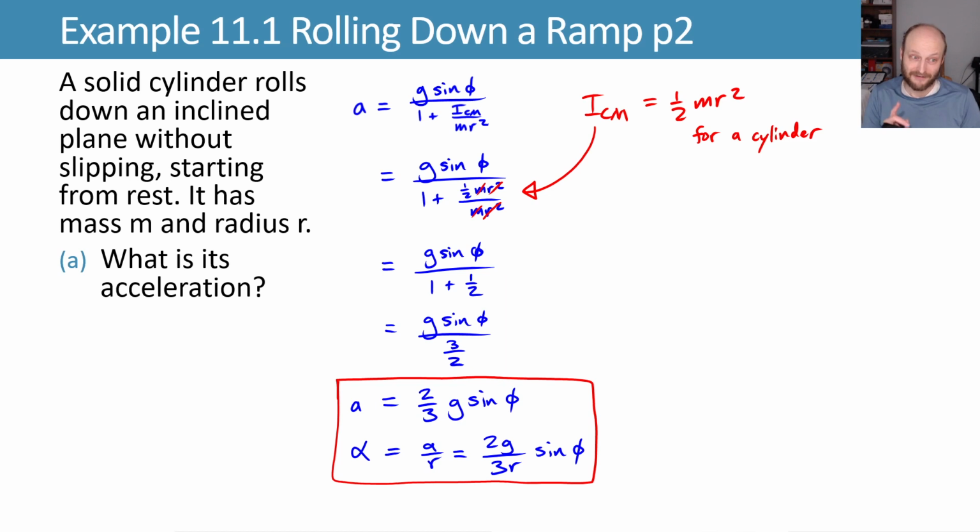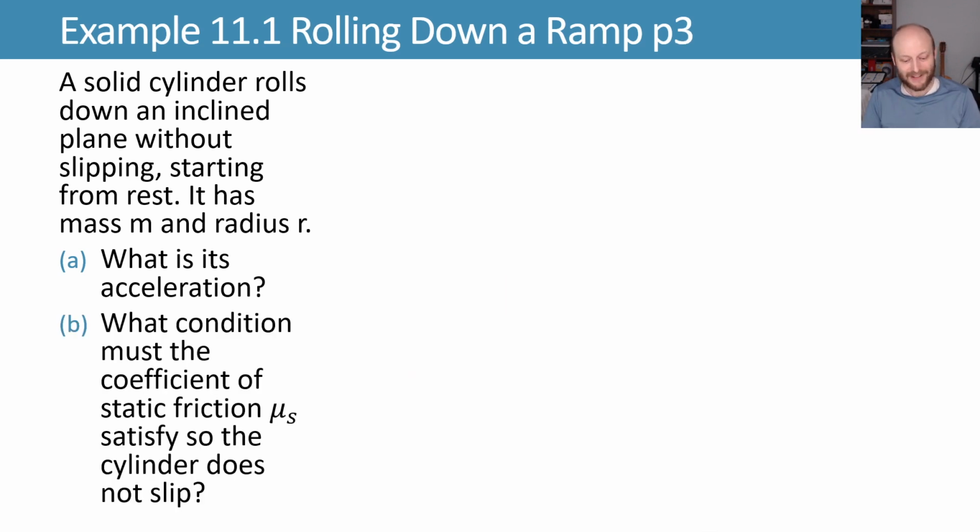We're not done. We've got a part B. What condition must the coefficient of static friction μs satisfy so the cylinder does not slip? All right, for this, let's look at our static friction. We know from before that our static friction was equal to I alpha over r. We can substitute in for alpha, where alpha is a over r, and we get I a over r squared. And we can substitute in that a value we just solved for